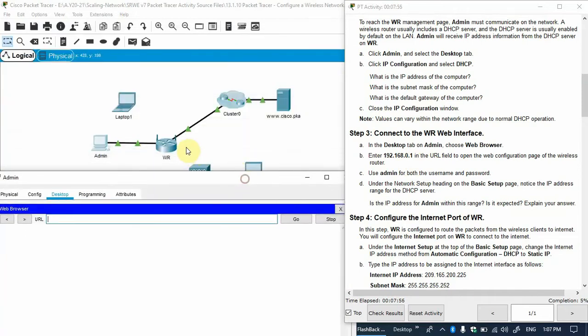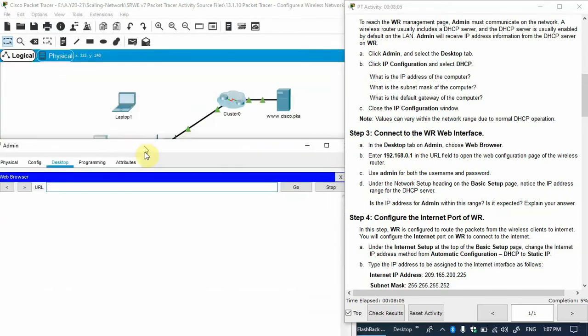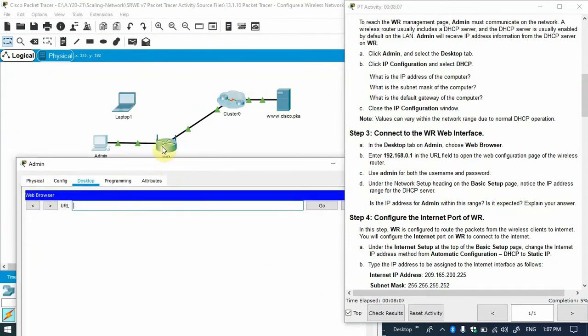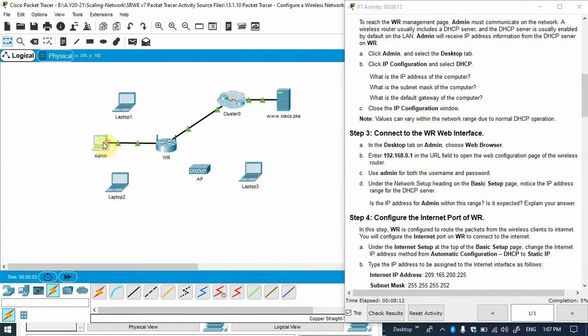Okay, so we need to access this wireless router. So what is the IP address of this wireless router? Can anyone tell me now? So what is the IP address of this wireless router? This wireless router, what is the IP address? You can see here, sorry. So this is the